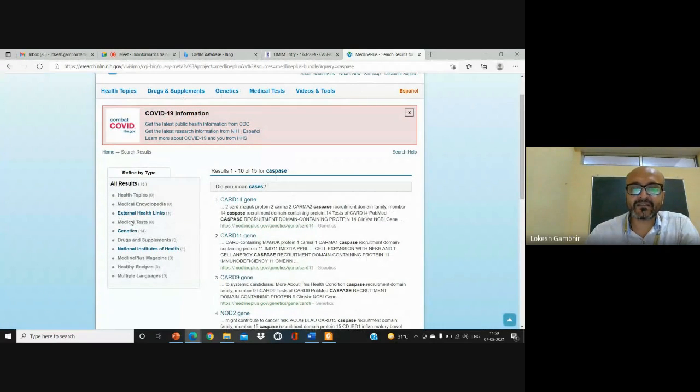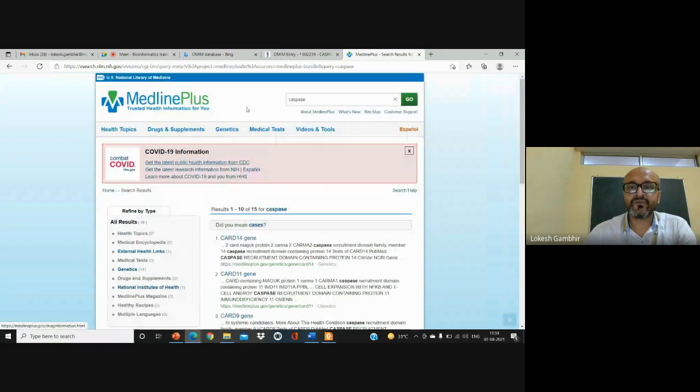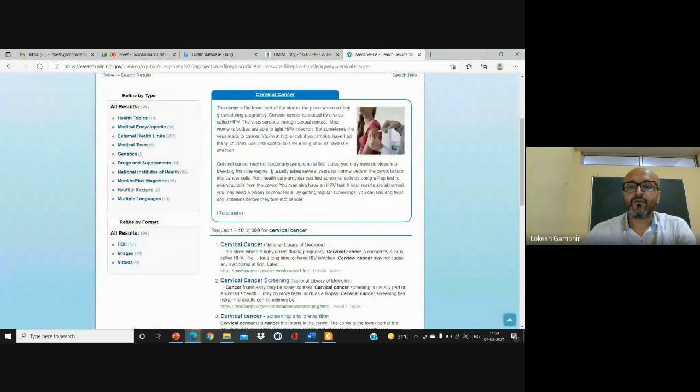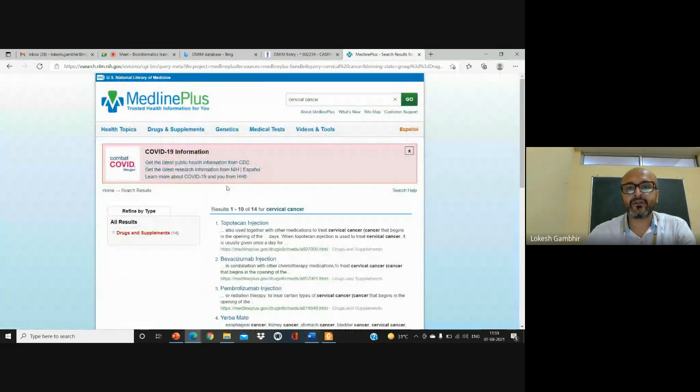It can give you the medical tests that are prescribed for that particular diagnosis. It can give you the drugs, if you want to study their supplements or the drugs which are given, that you can search in this particular database. So different categories are there where you can perform the search. Let us talk about, let's say, cancer. Just type normal cancer and see what you get. Let's type specific cervical cancer. And what you got: what is cervical cancer, what are the different types of drugs and supplements, what is the genetic variation in that particular category, what is the medical test.